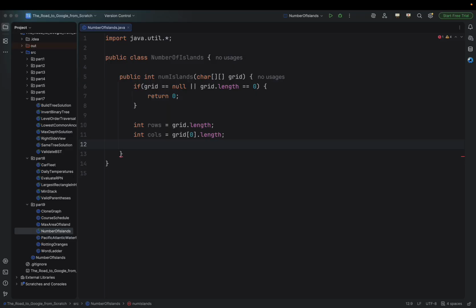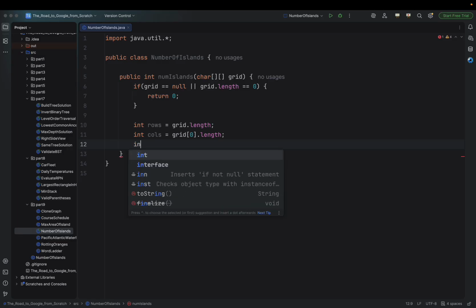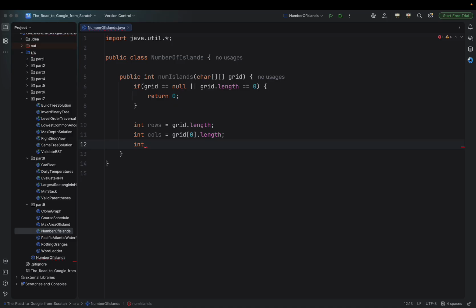And now let's create another variable which we will use like a counter, and we will store our result. Actually, let's call it land count, and initially it will be equal to 0. All right, and now we will need to iterate through our grid, and for that we will need to use